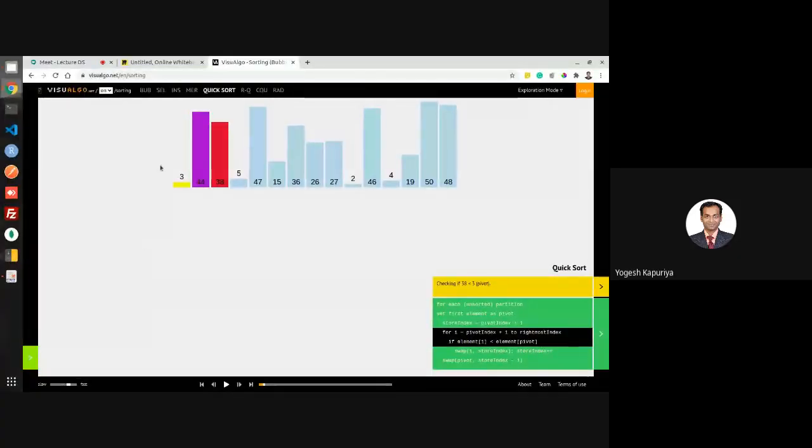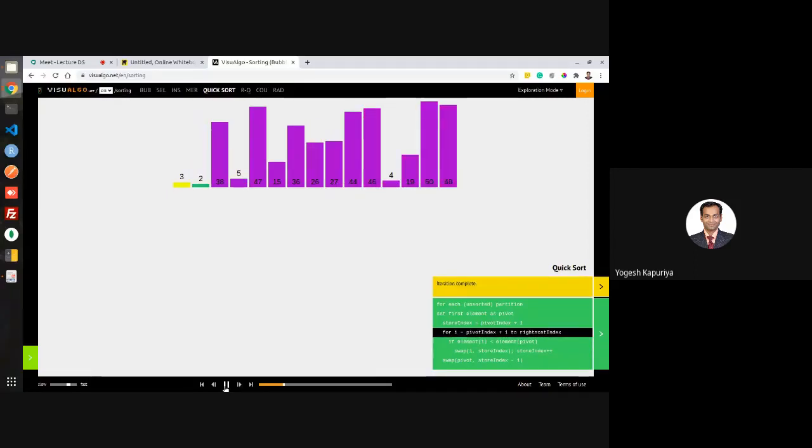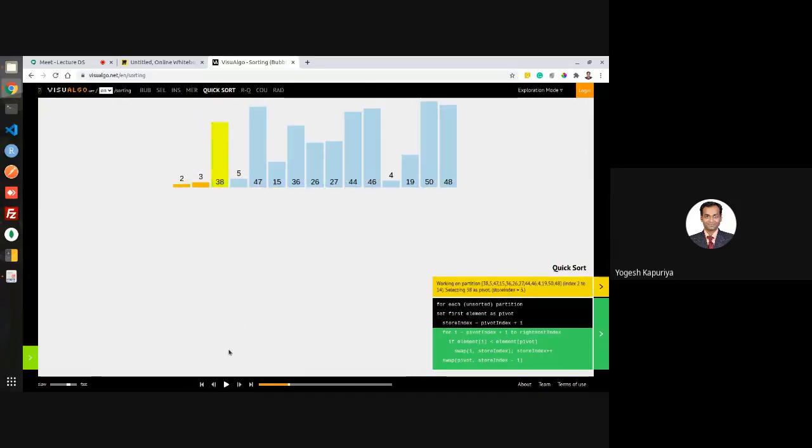See, in this case, this 3 is your pivot element actually. So what it means, every time you are actually interested in finding the correct position of 3.